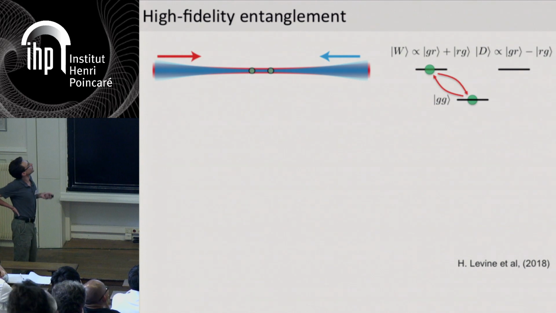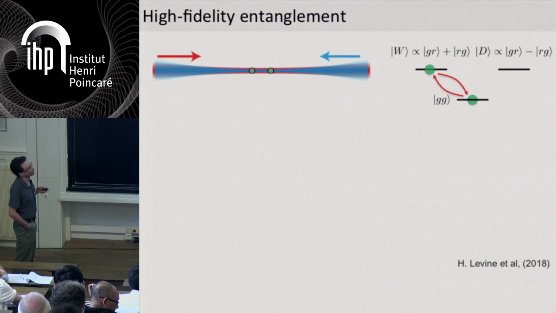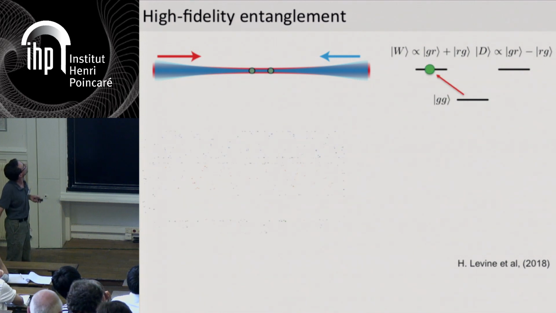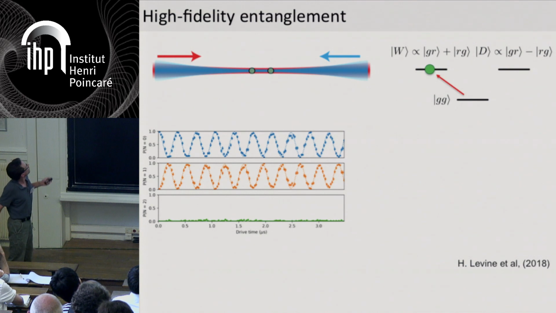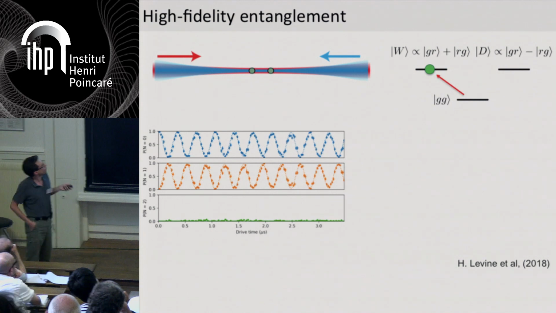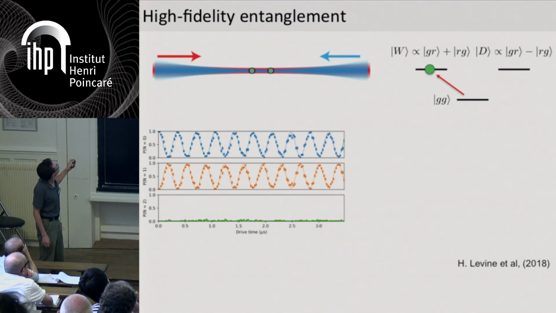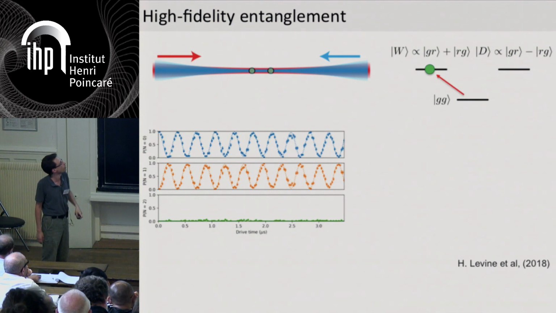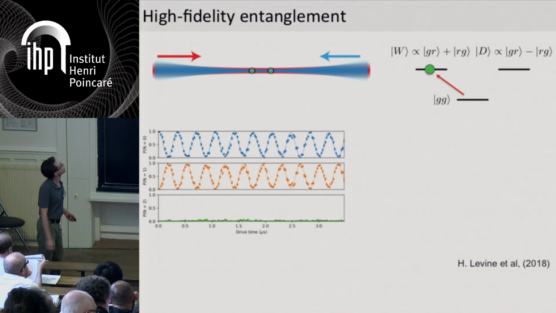All right, so now we have used this to characterize the fidelity of the preparation of this W state in the case of two atoms. And so what we do here is we just perform this Rabi oscillation. So now we take two blockaded atoms and we drive them with resonant light. And so what we do is stop after a pi pulse, after the first oscillation here. And when you stop here, ideally you prepare this symmetric superposition of ground-Rydberg plus Rydberg-ground over root 2, which is an entangled state.